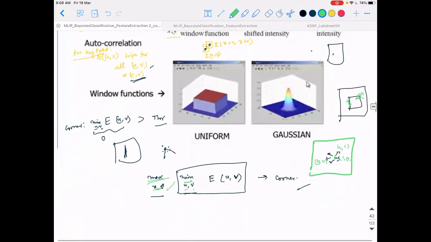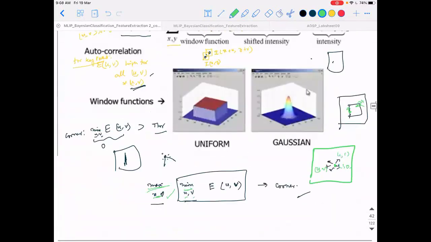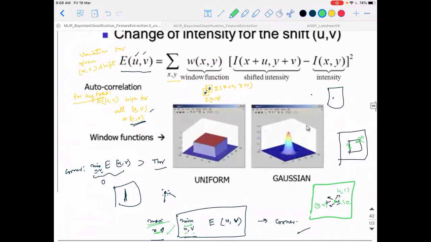Is this clear? Now the question is, once we quantify like this, there are two ways of finding this. You can empirically substitute at each given x and y. That means at each pixel I have the image, assume that. What I will do is start from each pixel, I will start from here, then here, then here. These are all x and y's. At each x and y, I will then pick out all my u and v's. These are all the possible u and v's.